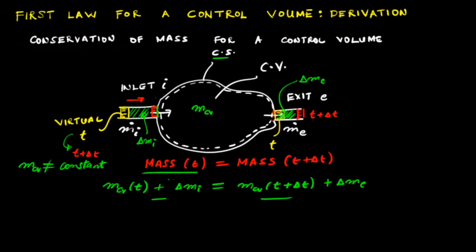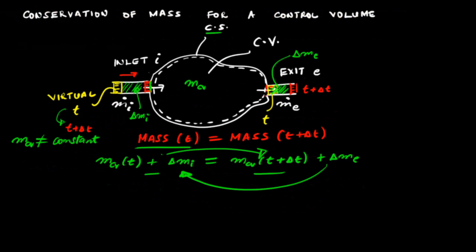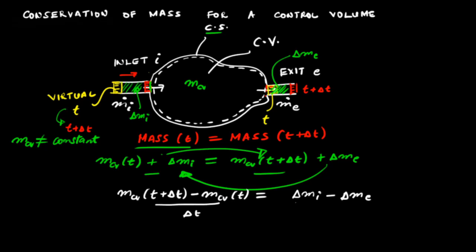So we can take the control volume terms on one side and the other terms on the other side. This gives us m_CV at t plus delta t minus the mass within the control volume at time t is equal to delta m_i minus delta m_e, and we can divide this equation on both sides by delta t, that is the time interval from time t to t plus delta t. Now, in the limit that delta t tends to 0,